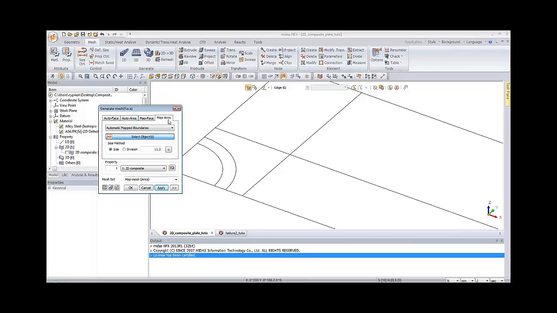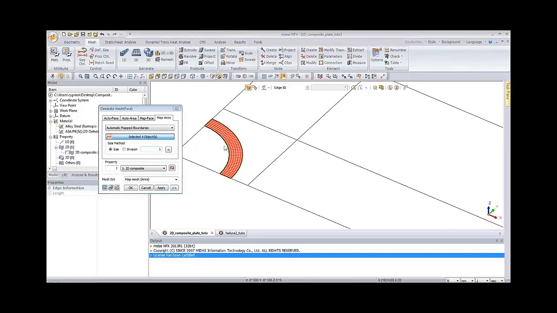So I just have to select the areas to use and enter the appropriate size, so 1 millimeter. Here I have the composite property that I just defined, and you can preview, so it will give something like that. Apply. Now for this second part, which is a bit more complex to mesh,